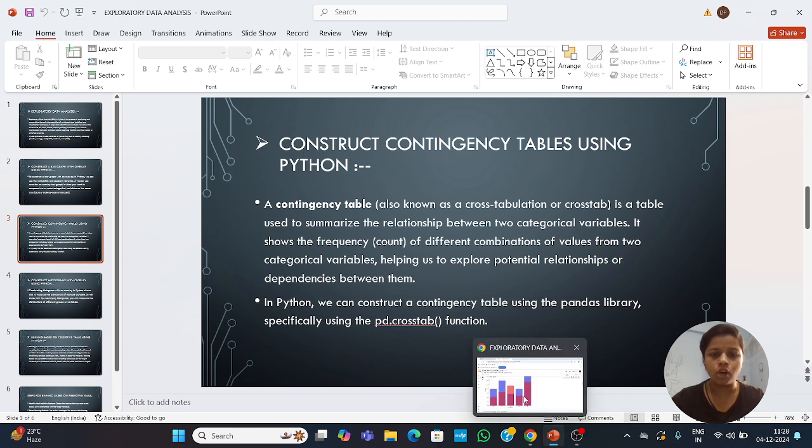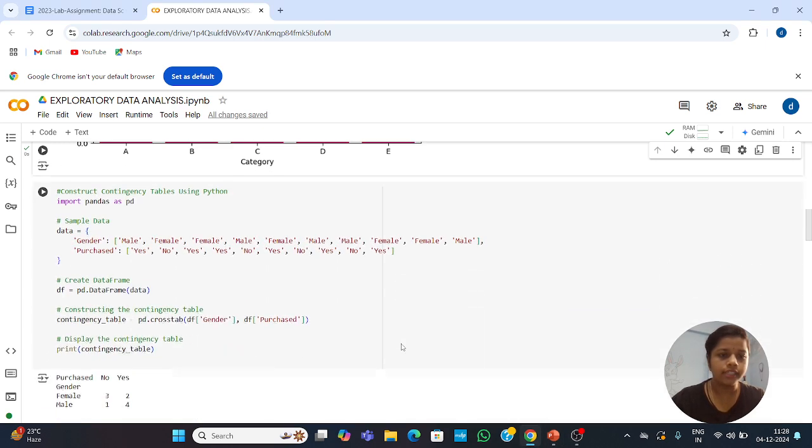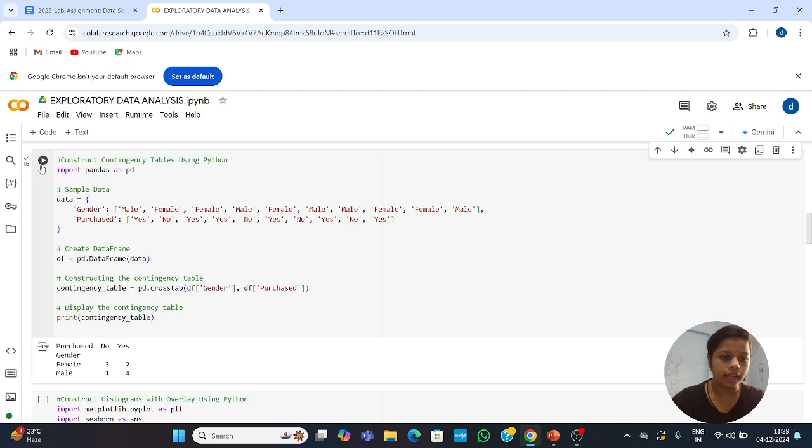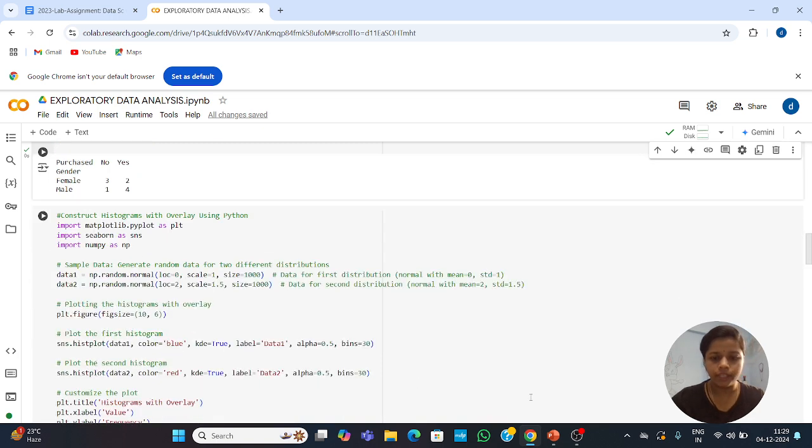So we take an example of constructing a contingency table using Python. To construct a contingency table, we first import the pandas library, and then we take sample data, gender and purchases. Then we create a data frame, construct the contingency table, and then display the contingency table. We can run this code, and this is the output of the contingency table, in which we have purchases as yes or no and gender. Okay, so our next topic is